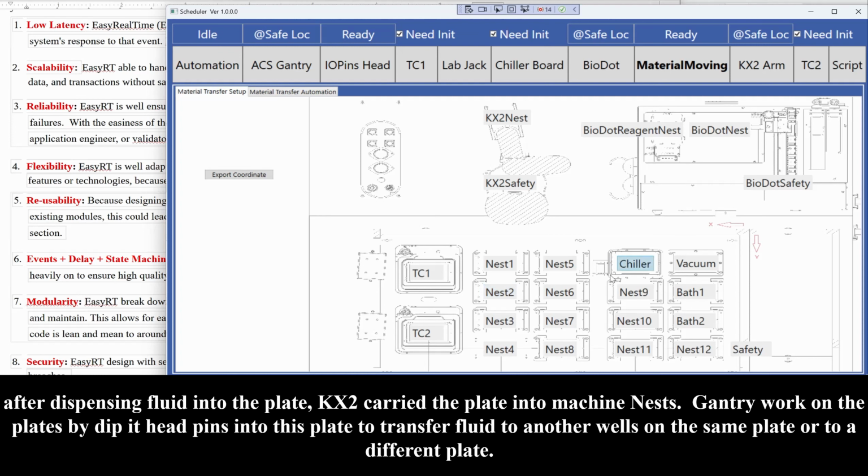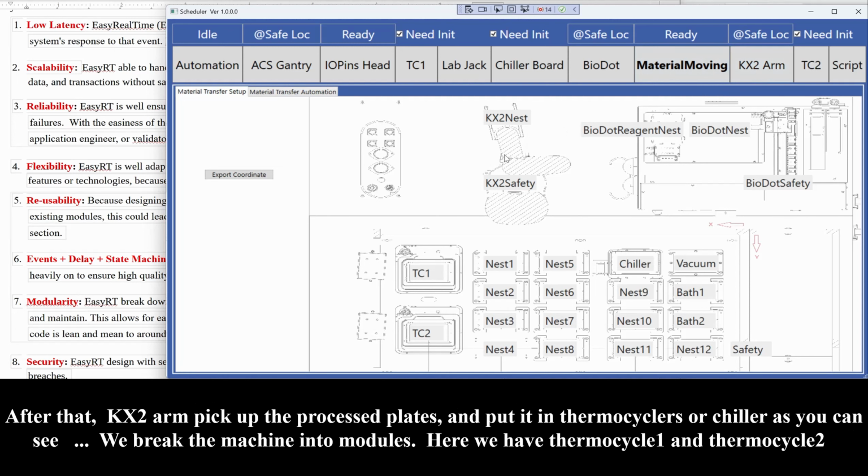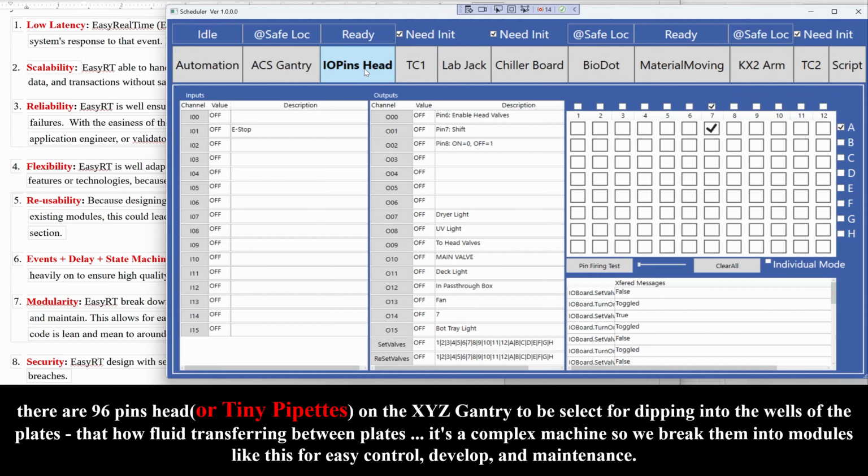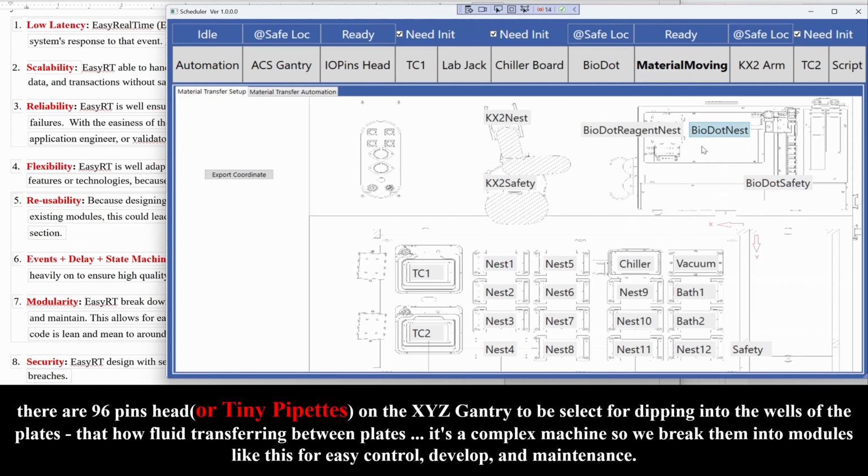Gantry works on the plates by dipping its head pins into the plate to transfer fluid to another well on the same plate or to a different plate. After that, the KX2 arm picks up the processed plates and puts them in the thermocyclers or chiller. As you can see, we break the machine into modules. Here we have thermocycler 1, we have thermocycler 2, and a 96 pipetter, or you can call it 96 pinhead, on the XY gantry here to